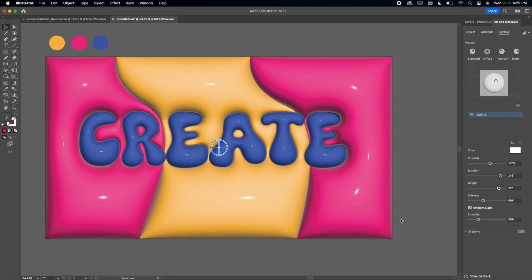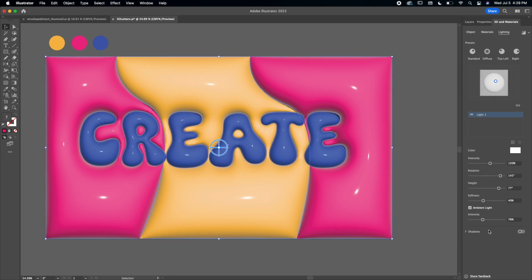I'm going to up the intensity here too of my ambient light. And I don't really want any shadows on here. So this is pretty much done, but just wait, it gets even better. We're going to select everything once again. And then I'm going to go to the top right here